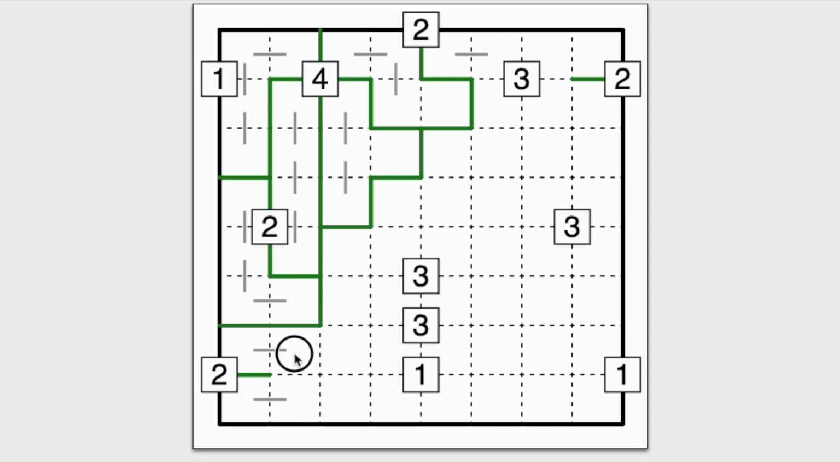These 2 both come out like this, and this has only one option. It's got to become an I. This can't be an I because we need this to be a 2 clue, so this has got to turn and become an L. This 1 is extremely interesting now